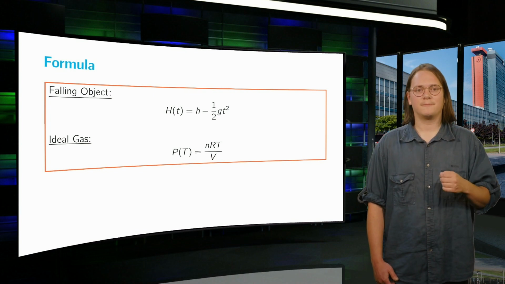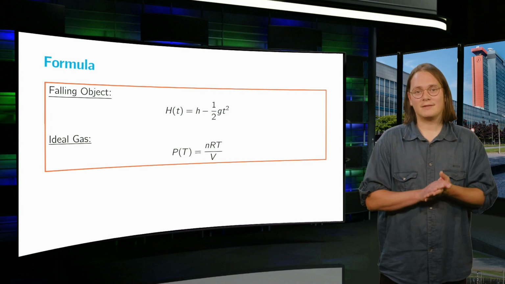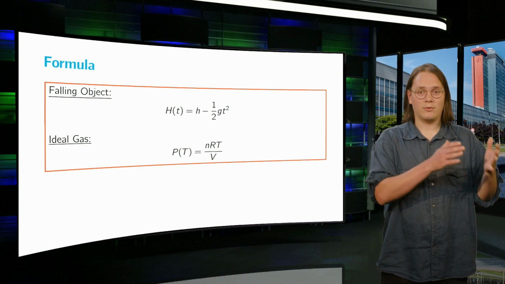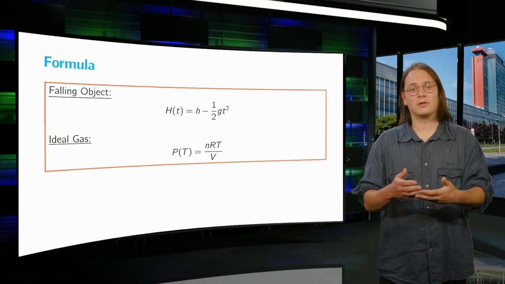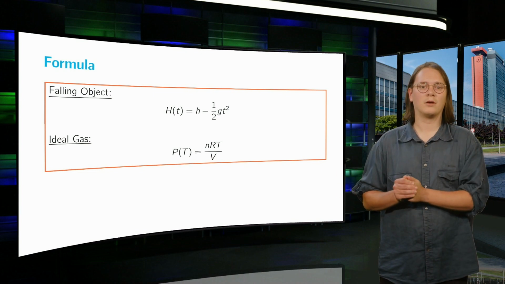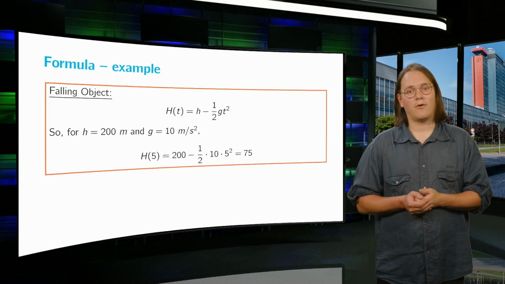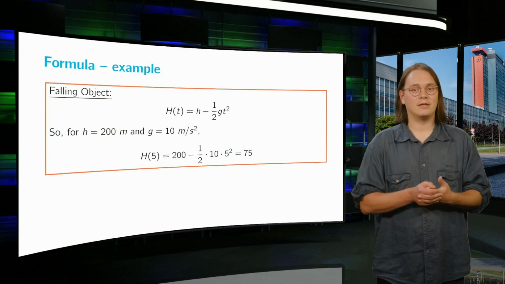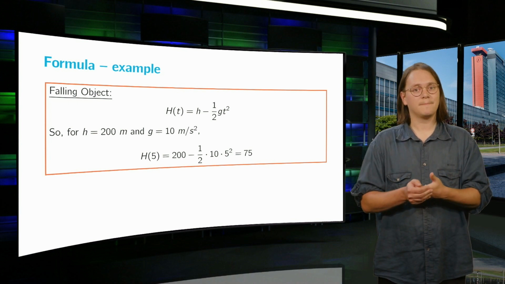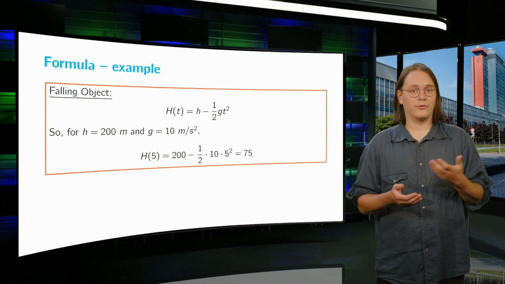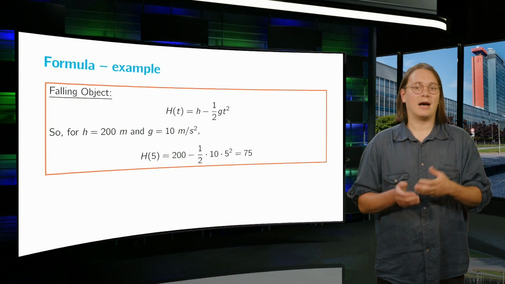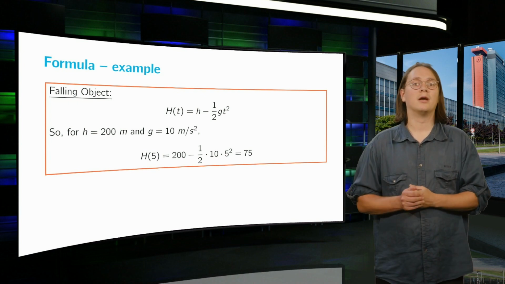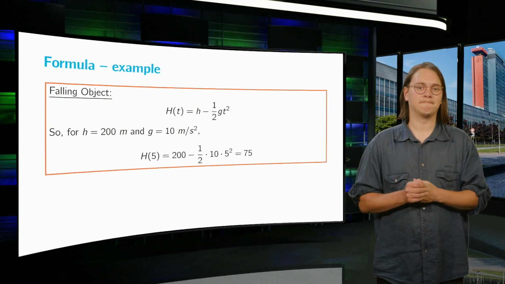They are fixed numbers. A formula gives the entire function, since in order to figure out the value associated to the input value x, we simply perform the operations to obtain the output value. For instance, for the falling object, if the initial height was 200 meters, and we find that g is equal to 10 meters per second squared, we find that at time t equal to 5 seconds, the object is at height 200 minus 1/2 times 10 times 5 squared, which equals 75 meters.